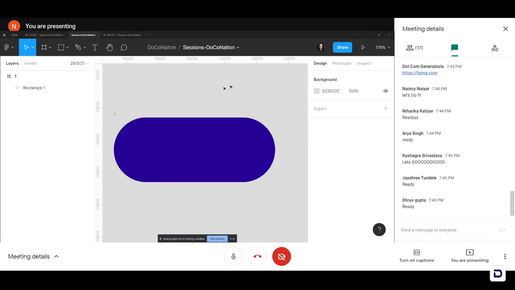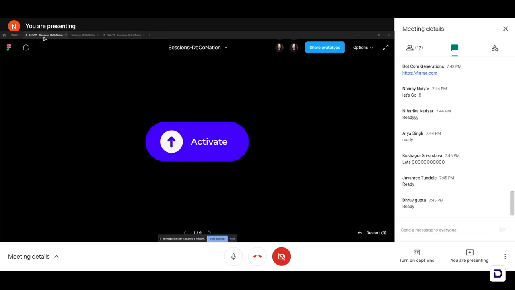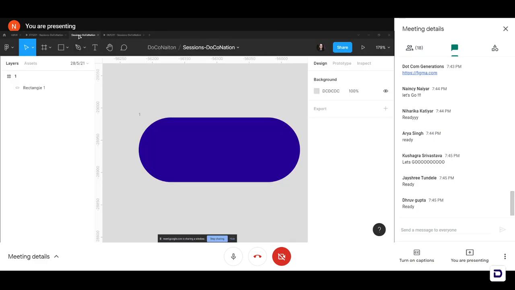So the next thing that we'll be doing is putting in text here. The first thing that we're trying to achieve is this initial state. So we're trying to make the UI of the first part, that is the user interface, the design, and then we'll move on to animate it. Right. So in the beginning stage, you can see this little activate text, and on the left side you can see this little circle with an up arrow icon which changes into a tick mark later. So let's first draw this little thing together on the canvas.